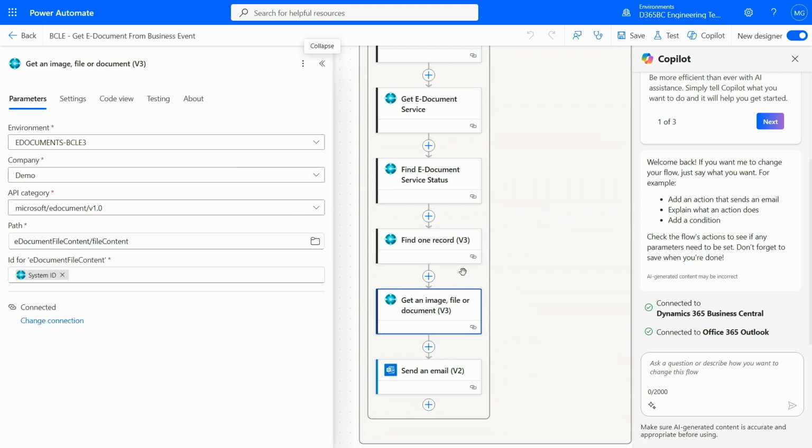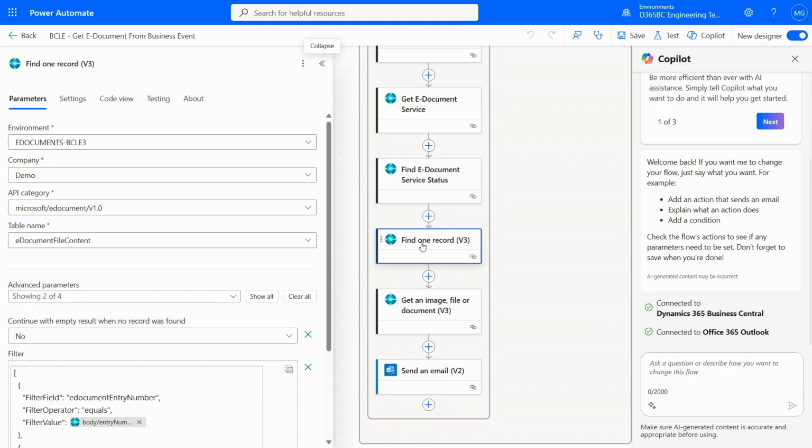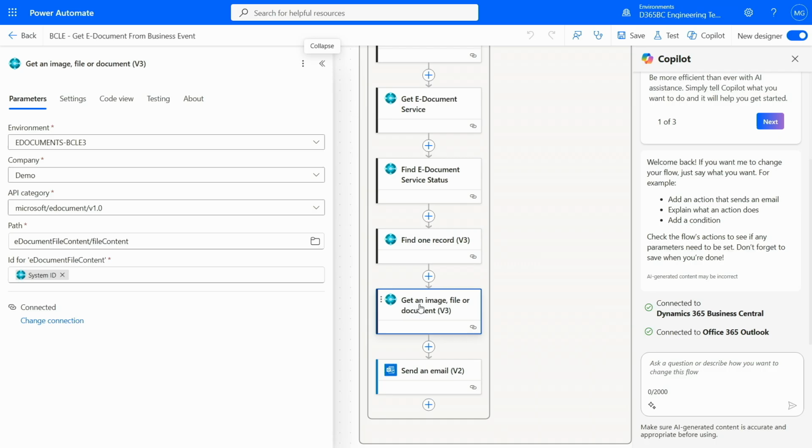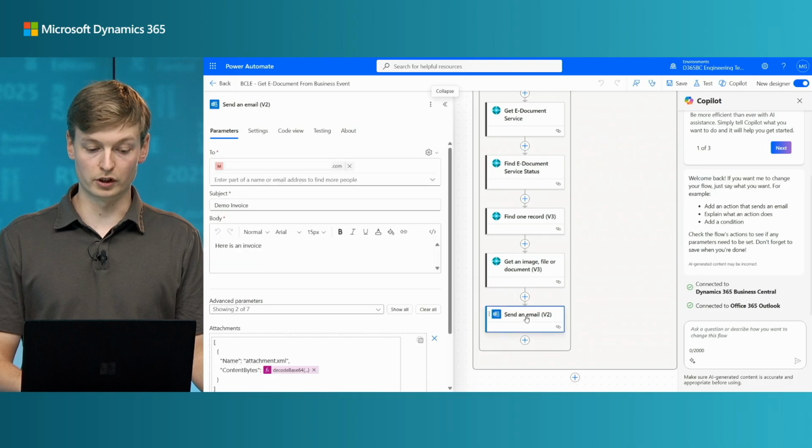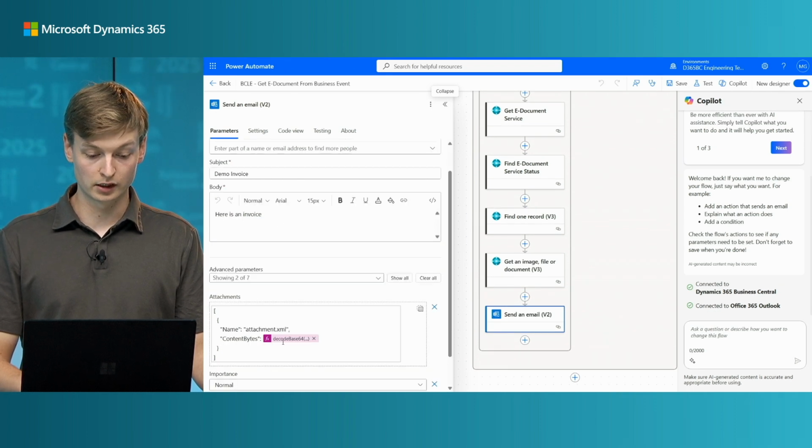And then once that has run, we have to call a more direct path, which is e-document file content / file content, where we get back a service or system ID. We get that back from the first instance we ran here. So that will return me a system ID of this specific content. And then I'm just calling the action get an image, file, or document with this system ID, and that returns me the contents. And then I set up to connect to my email account here, and it just says here is an invoice, and then I decode